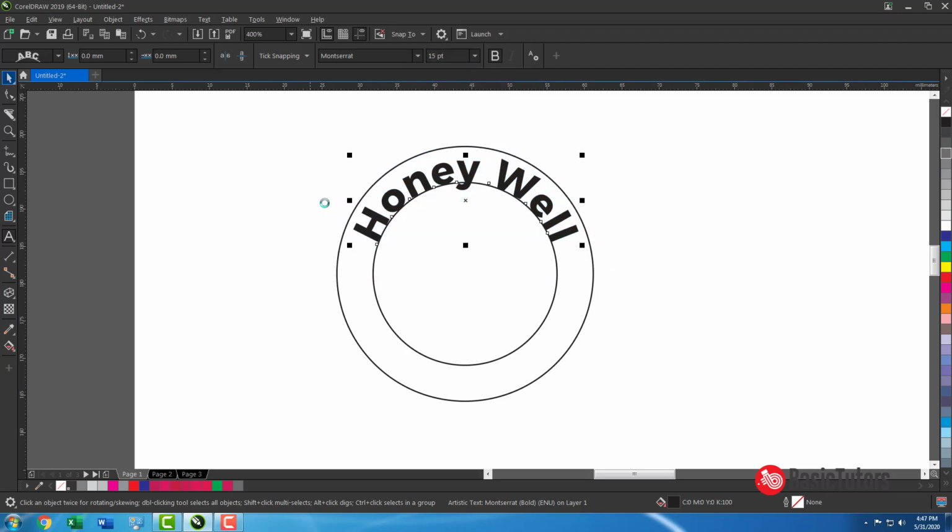Fit text to path. Now it is positioned. Now I am going to change the distance from the path. This distance is like an offset.